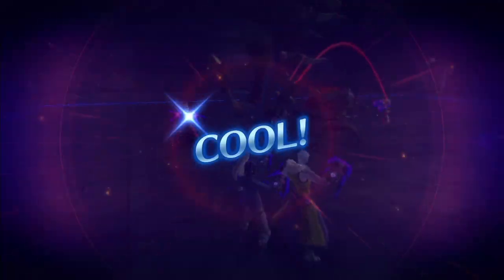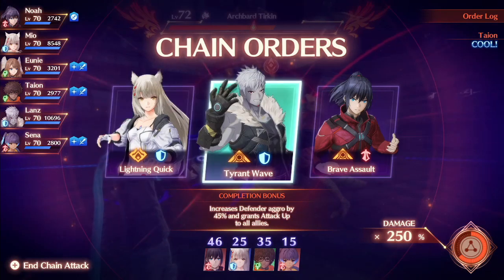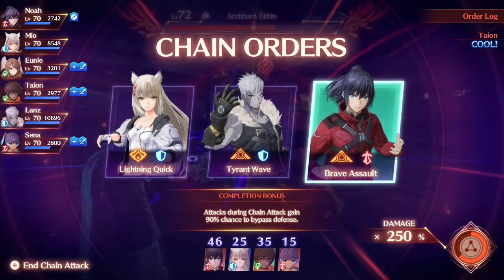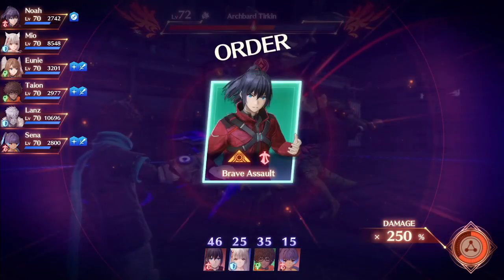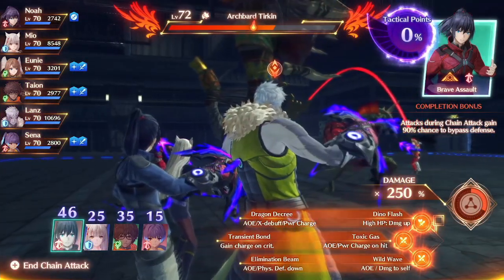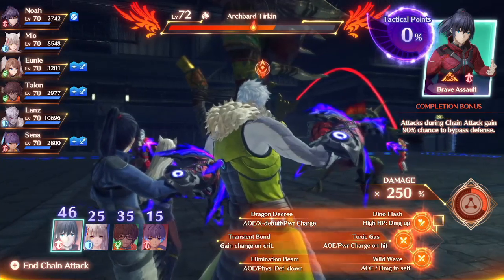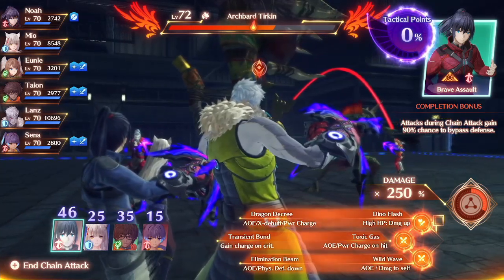Ideally, we want to get either Noah or Steve. Because we don't have access to Oracle's orders, that means we can't even complete Oracle's order, even if we tried. So that means the next best thing we can do is Brave Assault, basically, to other stuff. And then ensure that Noah comes back at least a second time. Alright,